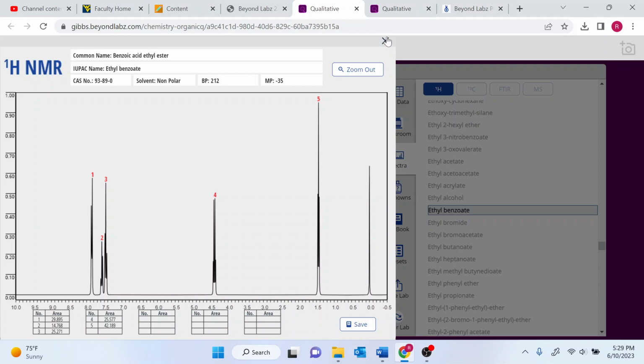I don't want you to write anything on your workbook other than saving your proton NMR for this one, because for the integration, we said that you are going to show me how you did the integration, take a picture, and upload it in the worksheet. Okay, so this is it for